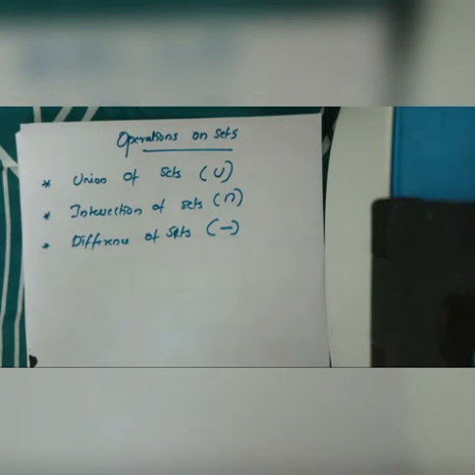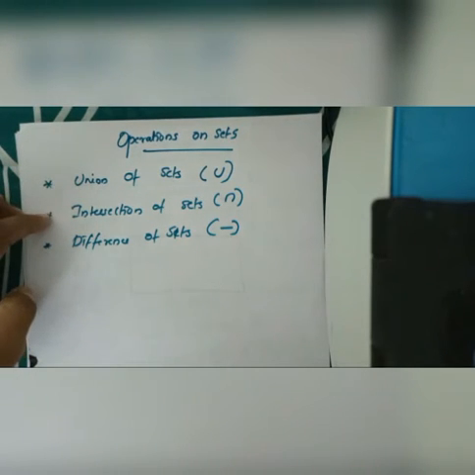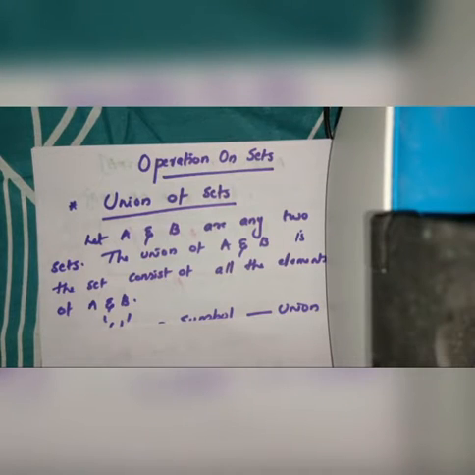In operations on sets we mainly do 3 operations. The first one is union of sets, the second one is intersection of sets, and the third one is difference of sets. ഈ മെയിൻ 3 ഓപ്പറേഷൻസ് ആണ് നമ്മൾ സെറ്റിൽ പെർഫോം ചെയ്യാറ്. ഫസ്റ്റ് വൺ യൂണിയൻ, the second one intersection, and the third one difference of sets. Now let us see what union, intersection and difference on sets are and how these operations are performed, with examples and Venn diagrams. First we are going to see what is the union of sets.